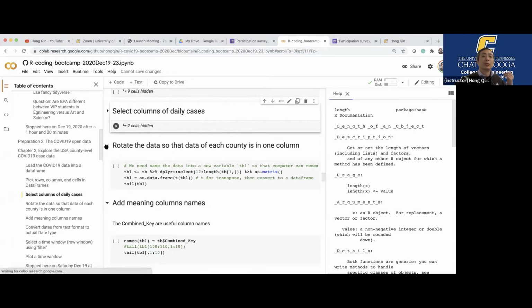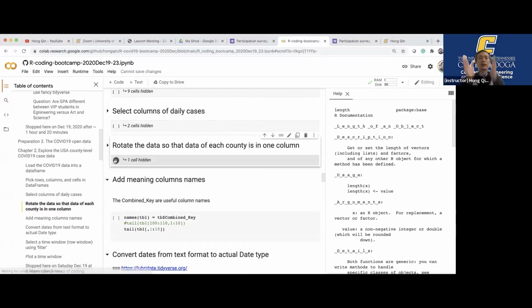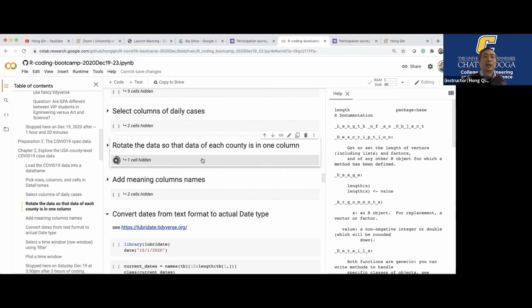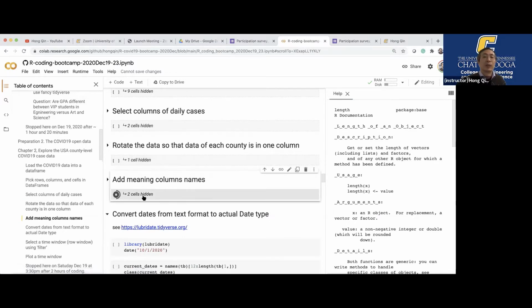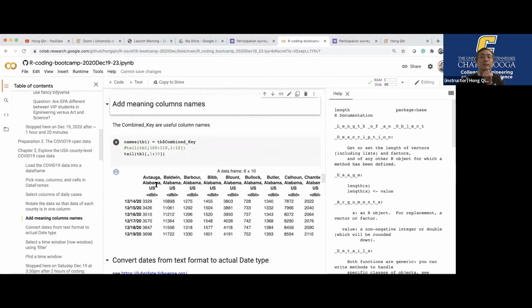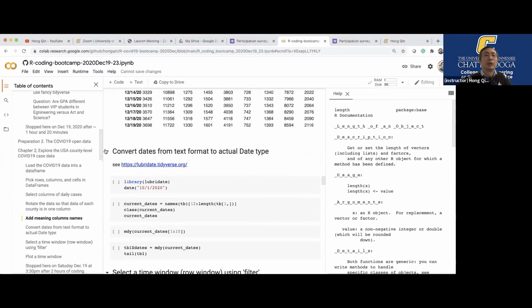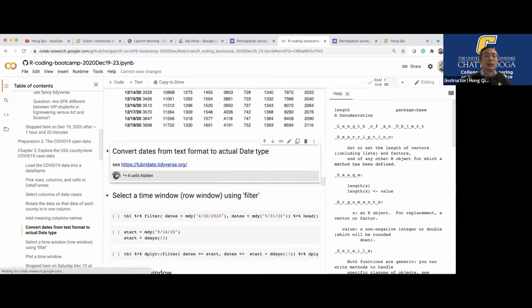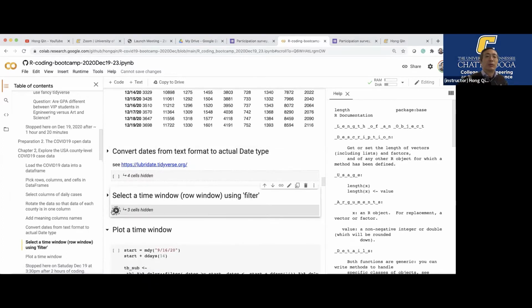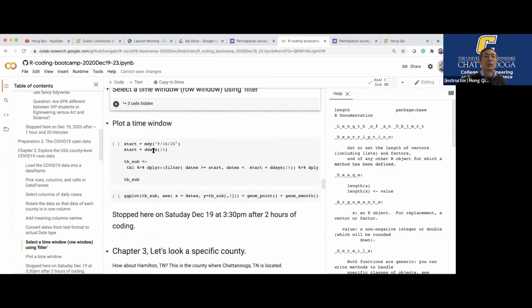Because the Johns Hopkins data has the dates, each day, as the column, but when we analyze, we want to analyze each county, each location. So we rotate that data and then add meaningful names. We pick only the values of the cases, and then we rotate it, and then we add meaningful column names. We also convert the date into a machine-readable format. And then we filter a time window. And finally, we can